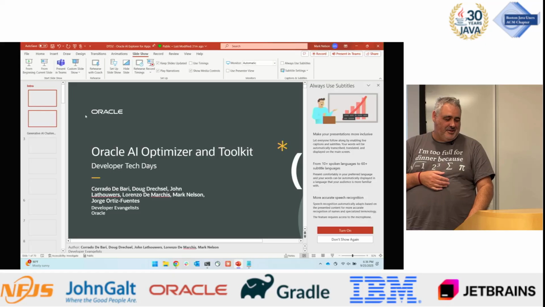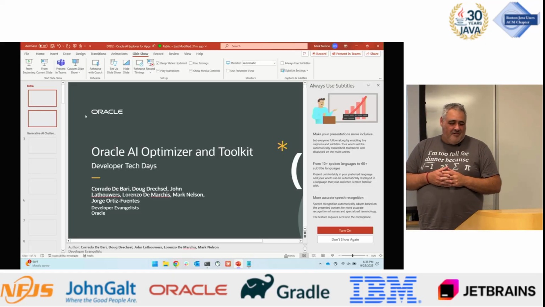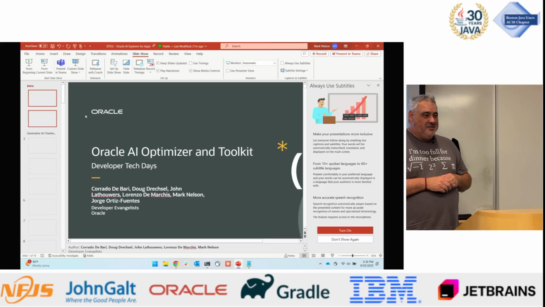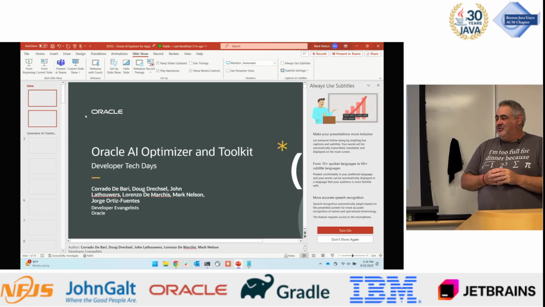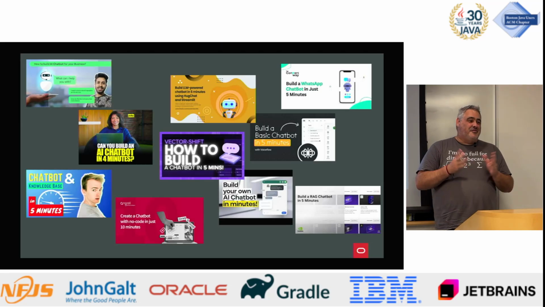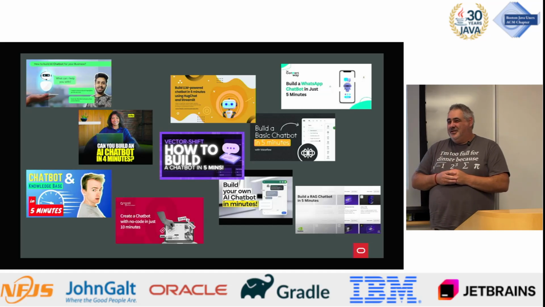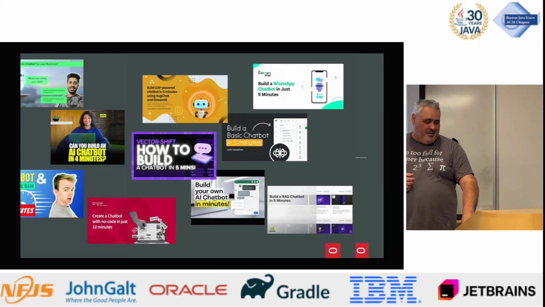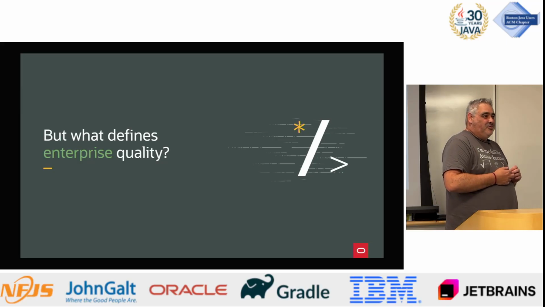Okay, so I'm going to start with GenAI challenges. Everybody out there is talking about chatbots and AI assistants and agentic AI systems and all this kind of stuff. And if you go look on YouTube, you can easily find hundreds of videos of people who show you how you can build one of these things in 5 minutes or 6 minutes or so on. Here's a little sampling of them. But it's actually a little bit more complicated than that, as I'm sure you all know.